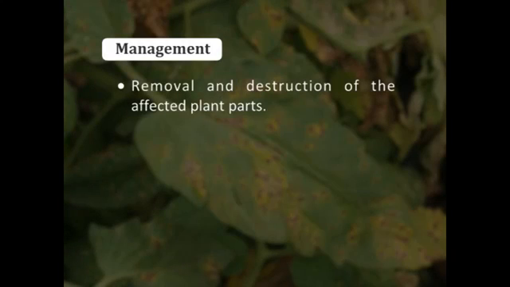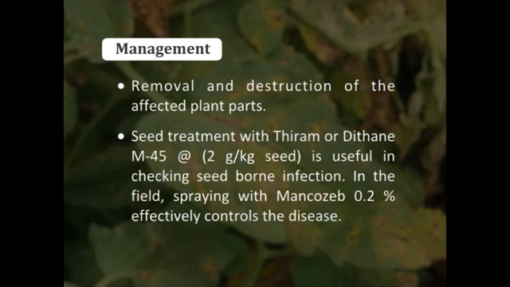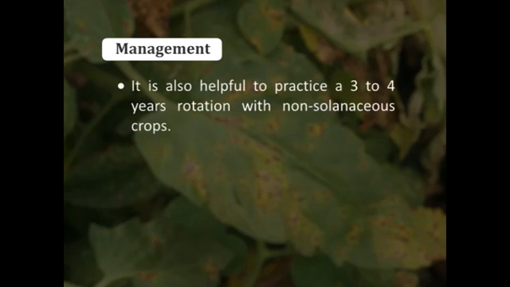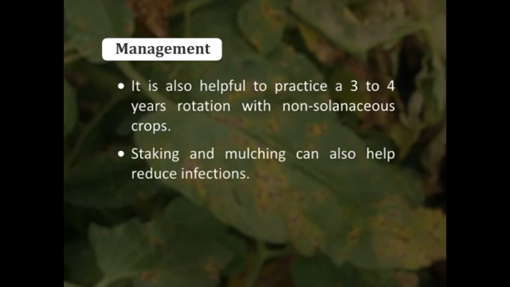Removal and destruction of the affected plant parts. Seed treatment with Thiram or Dithane M-45 at the rate 2 gram per kg seed is useful in checking seed-borne infection. In the field, spraying with Mancozeb 0.2% effectively controls the disease. It is also helpful to practice a 3 to 4 years rotation with non-solanaceous crops. Staking and mulching can also help